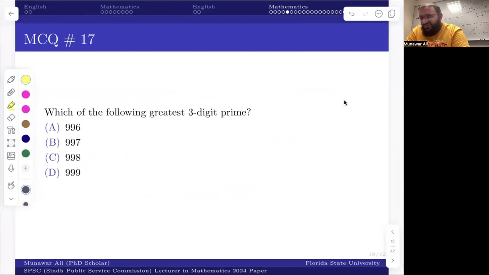This is a very simple question to me: which of the following is the greatest three-digit prime? I don't know why this question was given here. Maybe I mistakenly put a different number. If you look at this, this is an even number, never prime, because it is divisible by 2 exactly. And 999 is divisible by 3. So there's only one option left, which is 997. This is going to be the answer that we are looking for. It's a prime number, whether you check it or not. With the process of elimination, you eliminated three. The fourth one is a prime. No need to think about it more. So this was a simple question.